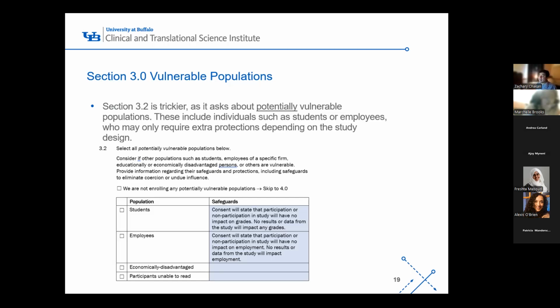But if there is a student and the study is being run by the PI who is the teacher of their class, then there could be potential risks and vulnerability there for the participant if they choose to participate in the study. So we tried to provide some information here as to when to check those boxes